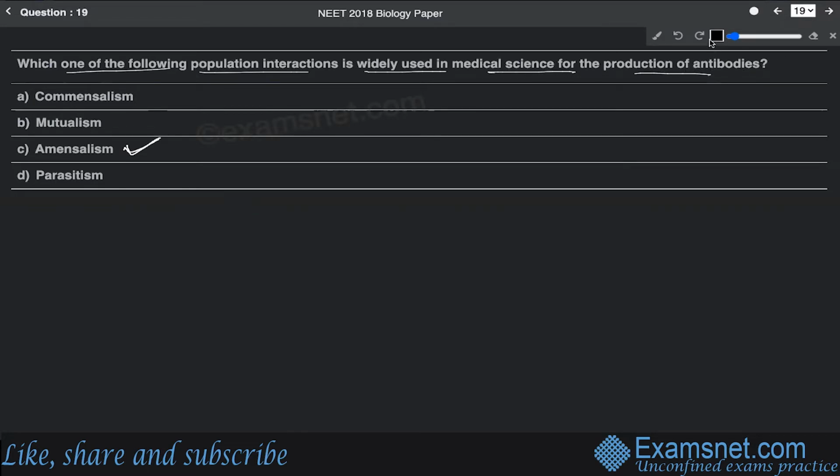Antibodies are basically chemical substances which are produced by a group of microbes, and in turn they are used to kill or inhibit the growth of other microorganisms. So let us take a look at the different options first. We'll start with the very first option, which is commensalism, and then we will move on to amensalism. So commensalism is a population interaction